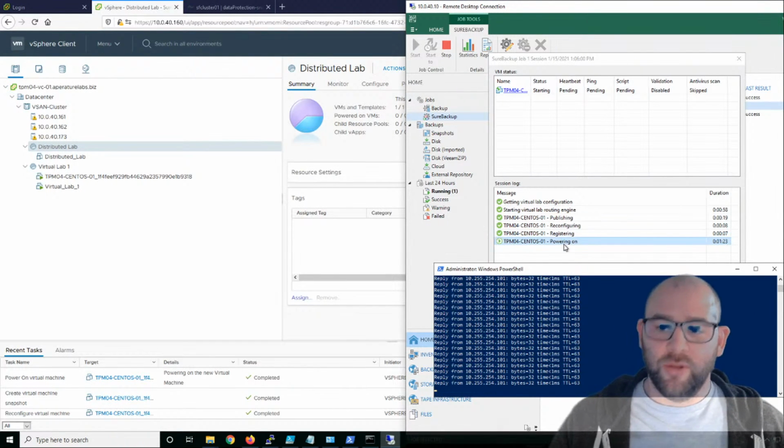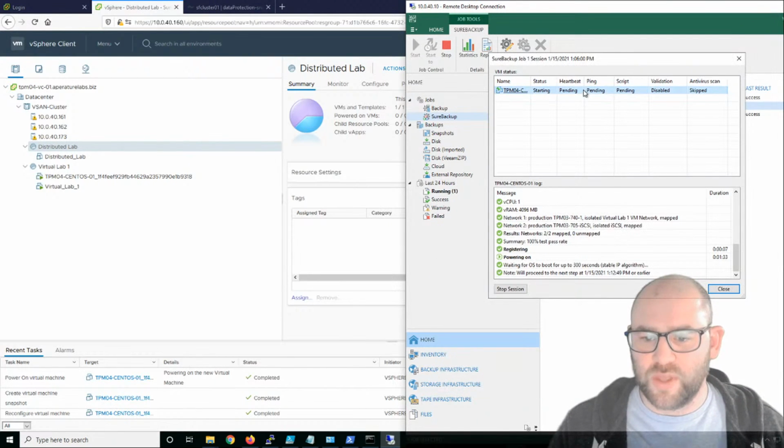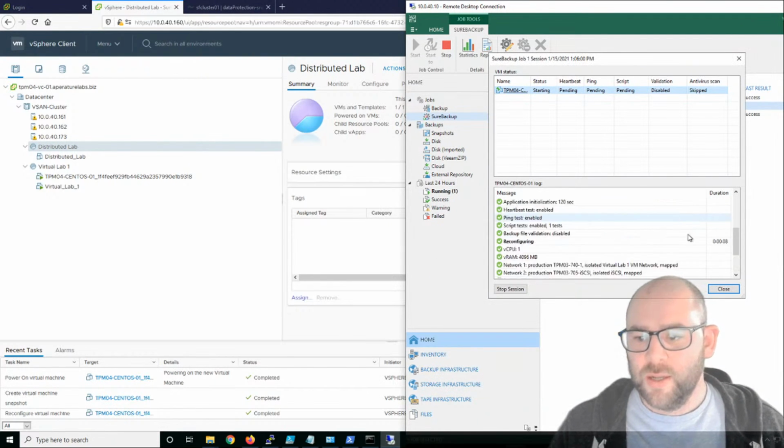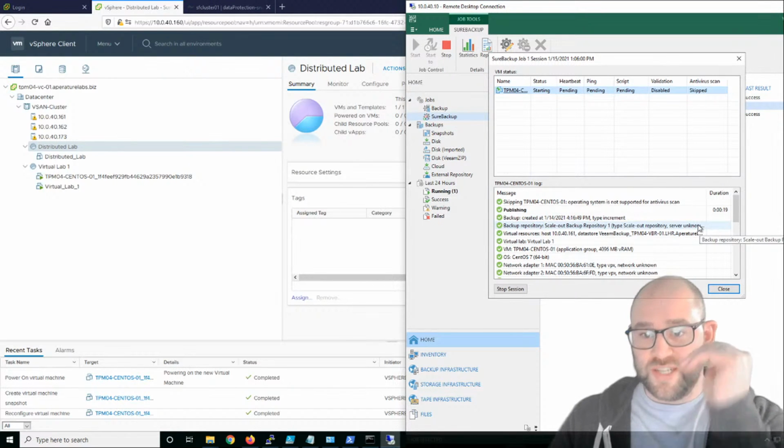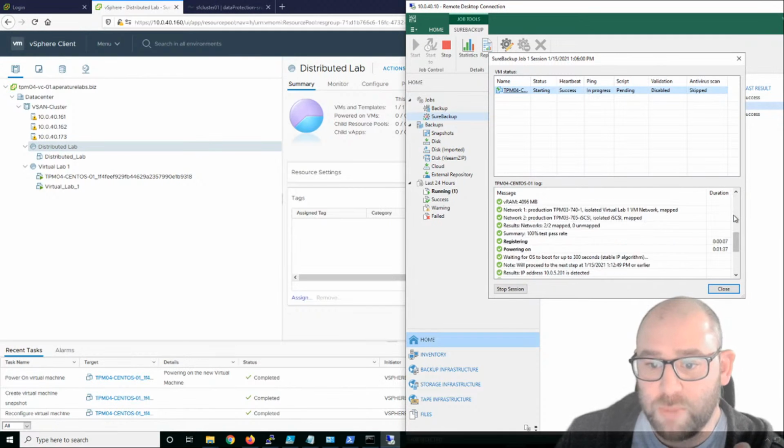So powering on, again, we're just winding through that 300 seconds. Even though the IP address is up, it's running its tests. It's going to run that heartbeat test. Another useful thing is being able to click on this and walk through the steps it has taken. So we can say we're going to publish,